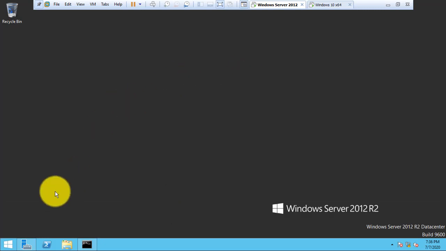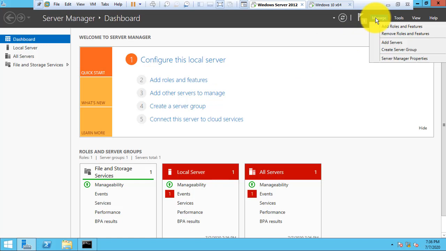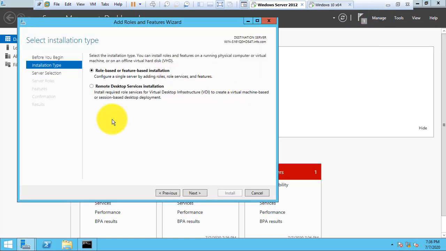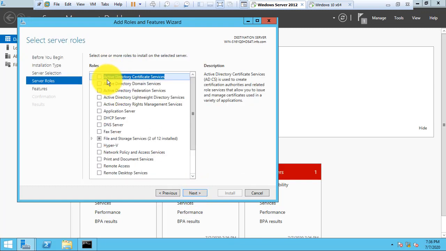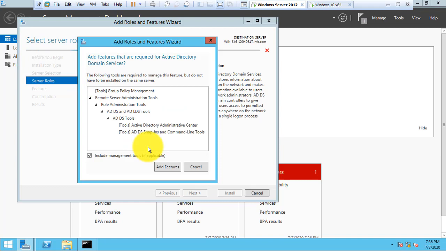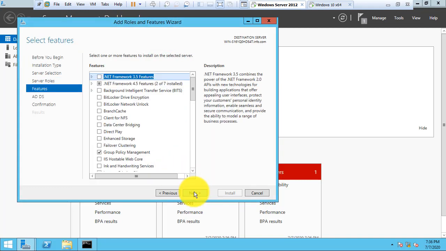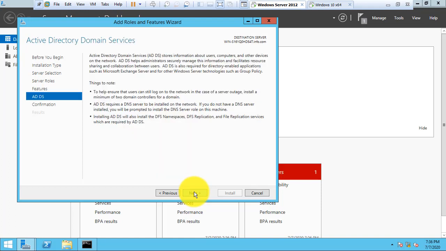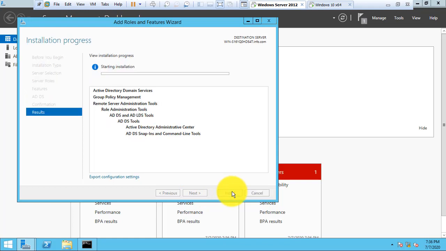Now I am going to open Server Manager, Add Roles and Features. Click next, select Active Directory Domain Services, add a feature, click next, click next, click next and install.